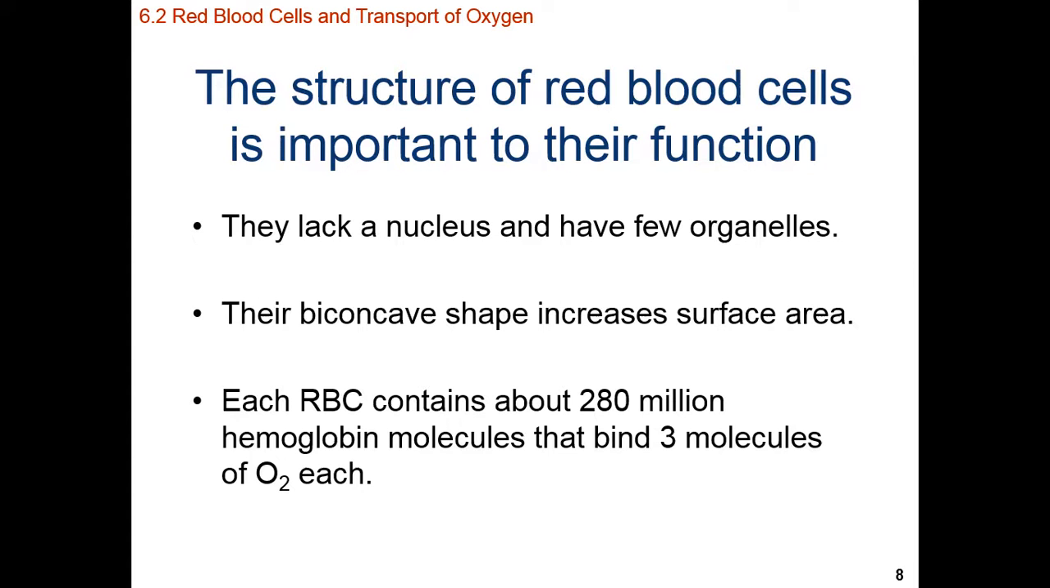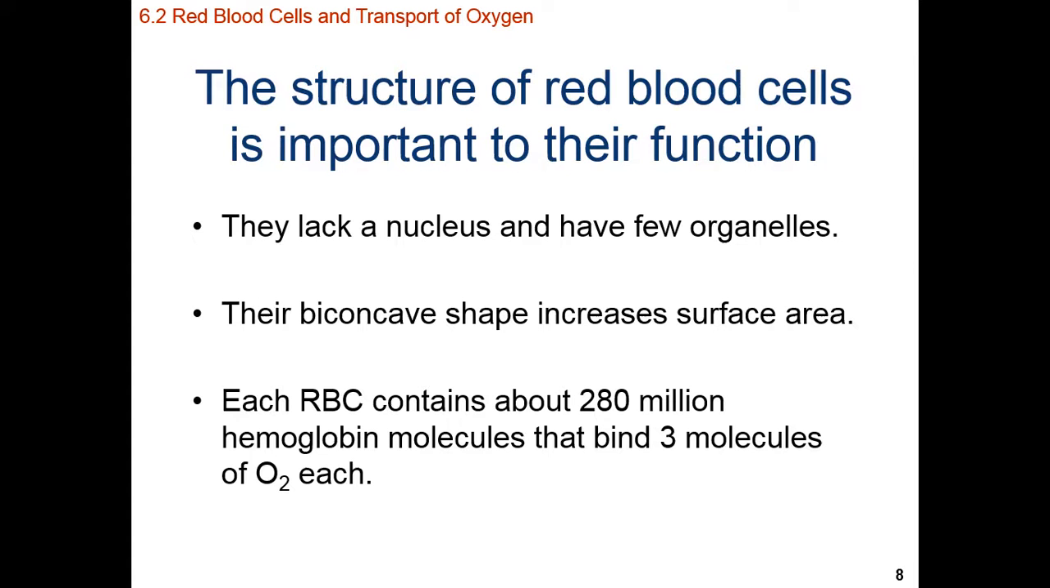That biconcave shape is kind of a nice way of saying that there are two indentations in our red blood cells, and that increases the surface area of the red blood cell compared to its volume. So we increase the surface area to volume ratio, which maximizes the rate of oxygen diffusion into and out of the red blood cells. Each of our individual red blood cells is going to contain approximately 300 million-ish hemoglobin molecules,